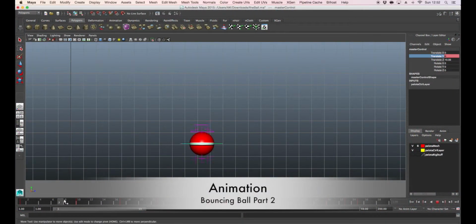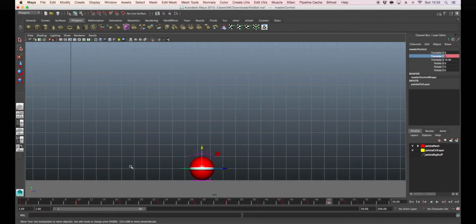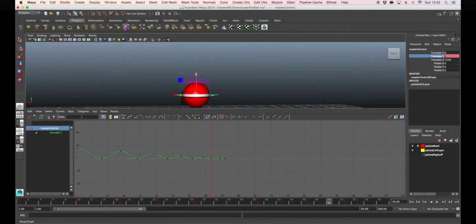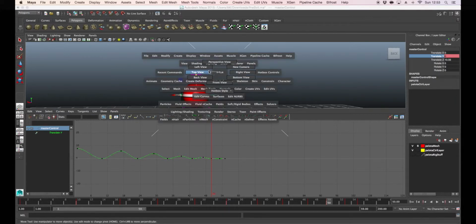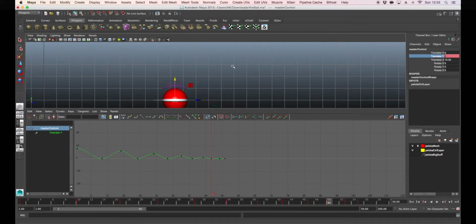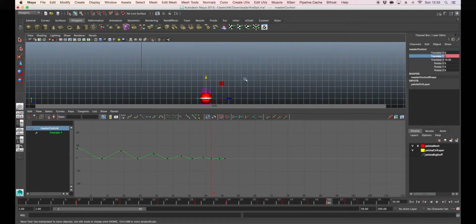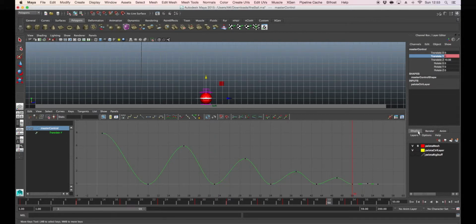So now that we've done our basic key poses, we're going to go into the graph editor, which is this icon here. If you click on that, then you'll be able to see your viewport as well as the graph editor. So now if I make sure I'm in my left view, which is the view I'm going to be staying in at the moment to animate this, and I press F in the graph editor to scale the translate Y to the size of this port, you can see there's a general motion going down,